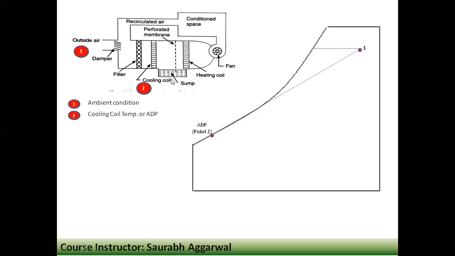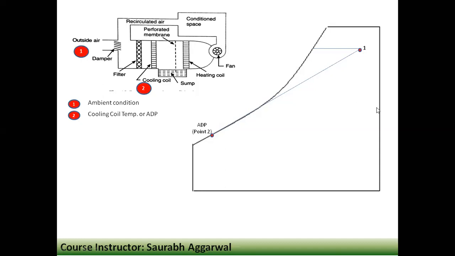But in the meantime, it removes the moisture which is contained over here, and the amount of moisture which it removes is from 1 to 2 if it reaches point 2 completely. Now we'll see how the bypass factor will be there in the points to come. Now let's move further. It is not reaching that temperature, and I have already told you that this temperature is very low, and we do not need to supply this temperature, so we heat it at a particular temperature so that we can reach a particular design condition.